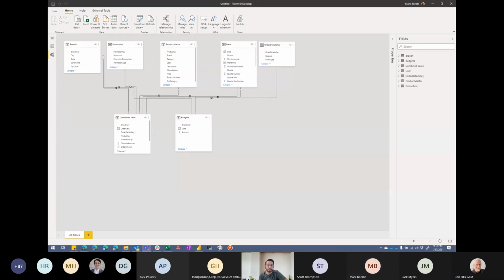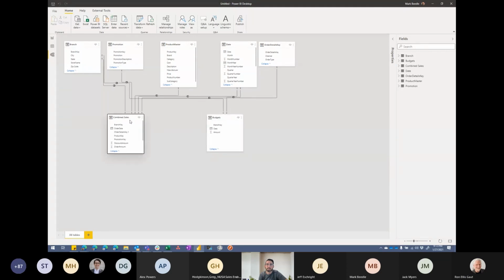Yeah, I got one. So how do you deal with multiple fact tables? Like, let's say you have a financial table, a sales table, and then maybe some other fact table. How do you manage that or get around that? So I kind of do what I did here, treating budgets as a fact table, right? So I try to avoid at all costs ever relating two fact tables together or two data tables together.